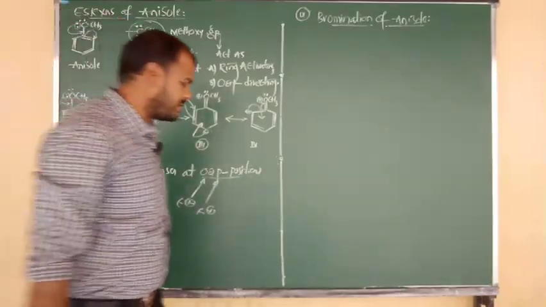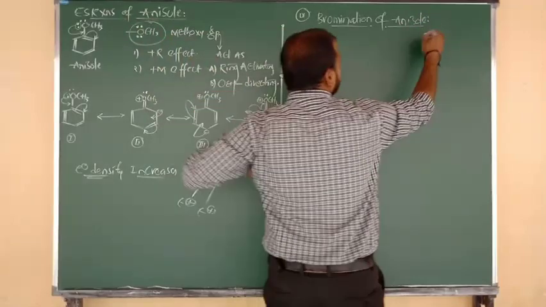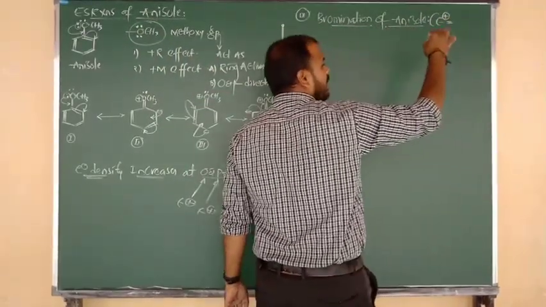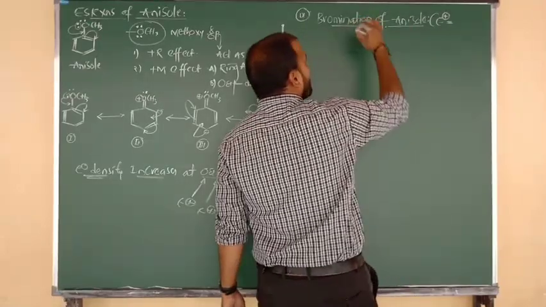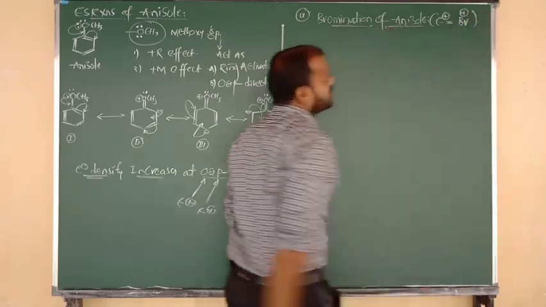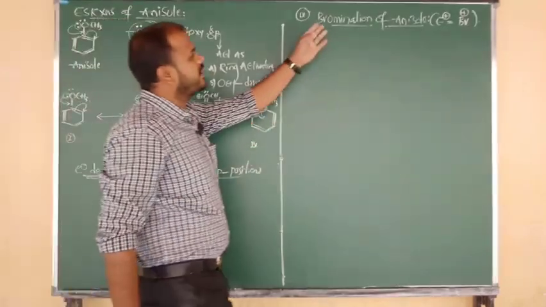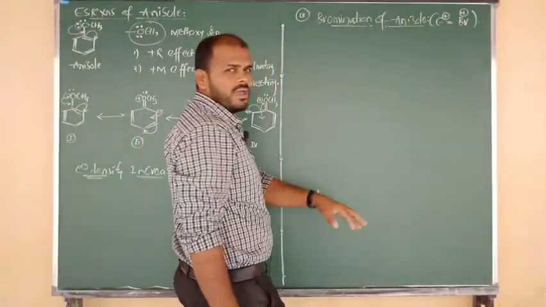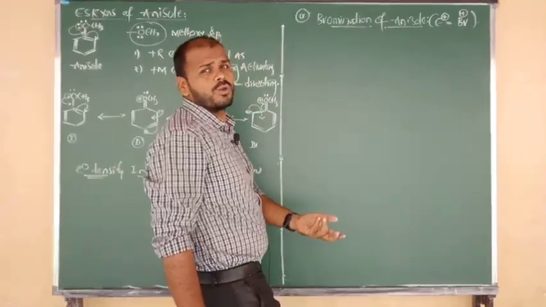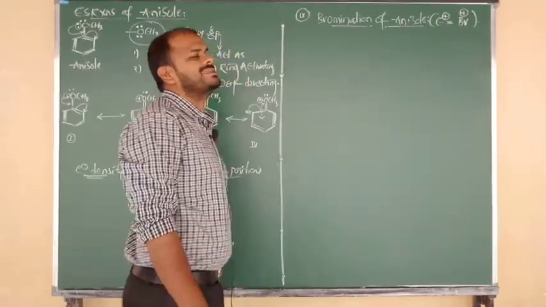So bromination, already I have told you that it is a type of electrophilic substitution reaction. Means in this reaction we have to consider the electrophile. What will be the electrophile in bromination reaction? That is nothing but Br plus, the bromonium ion. It is going to act as the electrophile in the bromination of anisole. In bromination the electrophile is Br plus, and what about in chlorination? Cl plus will be the electrophile. Like that, we can consider the respective electrophiles, beta.